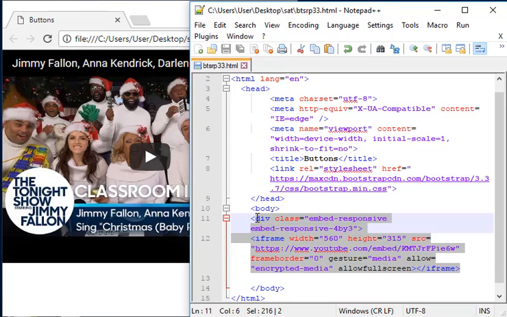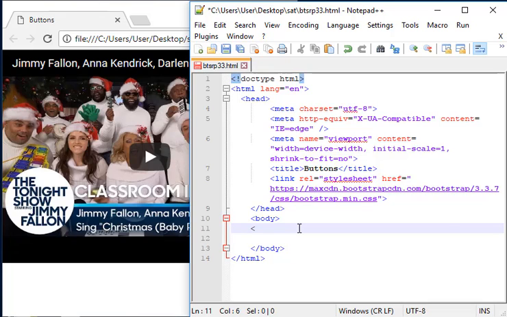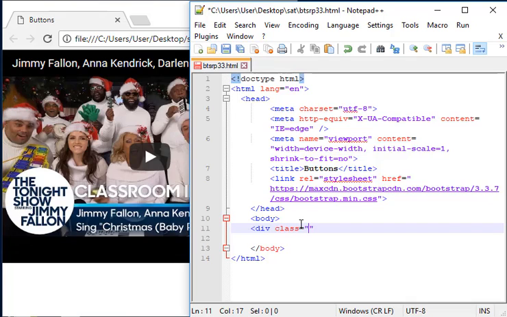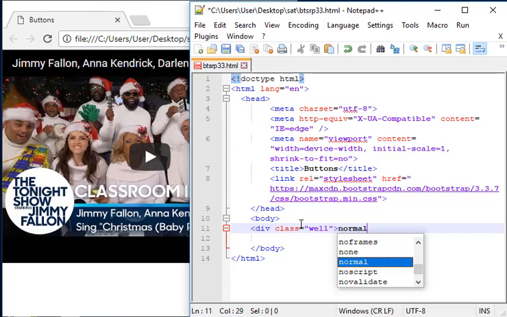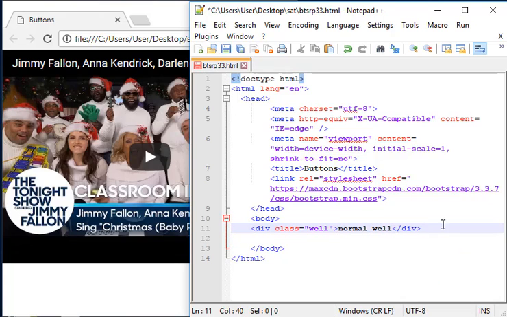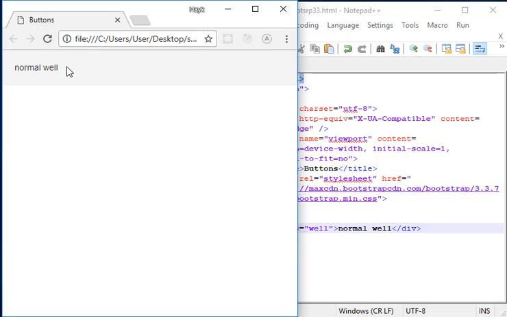We don't need it. And next up, let's write a div tag. Type in class =, two quotation marks, and inside type in well. Let's also give it text, so it will be a normal well. Close your div, and so when we save and refresh, you can see we get our text with some background